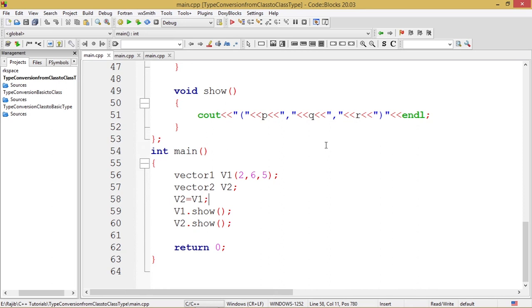So we expect two lines with the same set of values 2, 6, 5 from these two function calls.